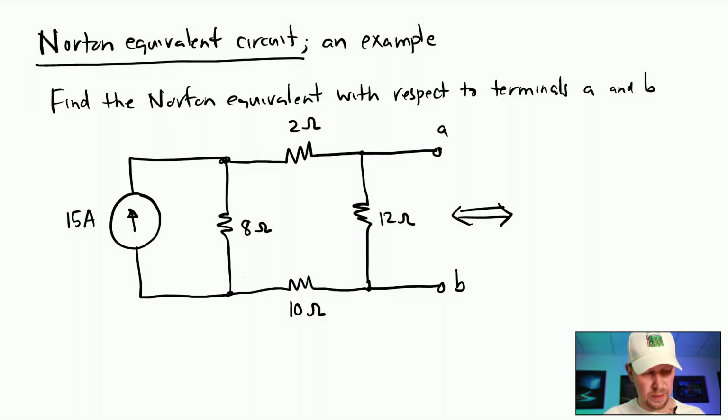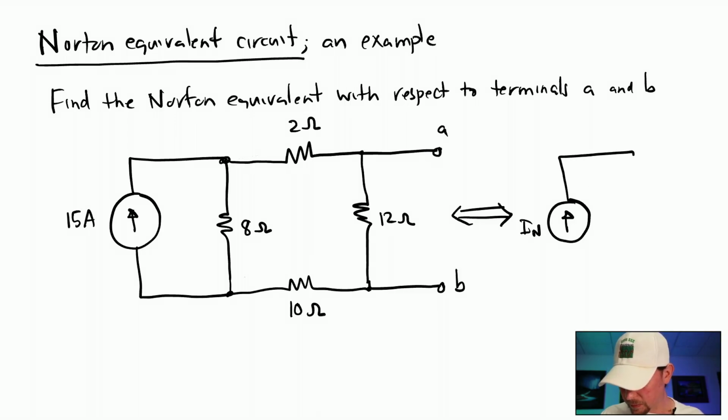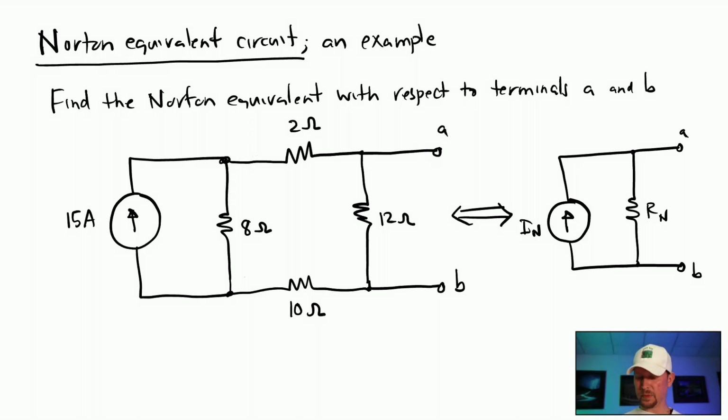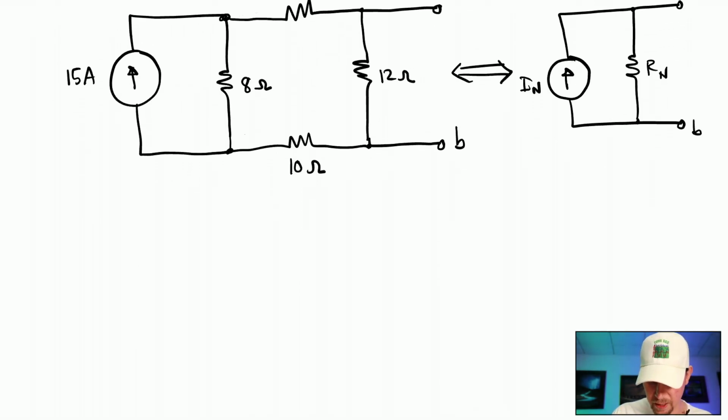We want to replace it with its Norton equivalent, which consists of a current source, where this is the Norton current that is in parallel with one resistor, and this is the Norton resistor, like this. Right? So our goal is to find, for that given network, first the Norton current and